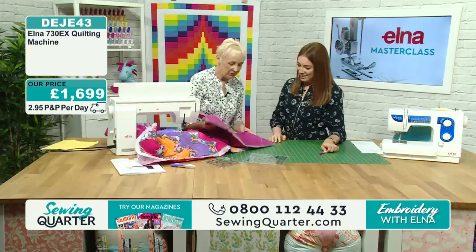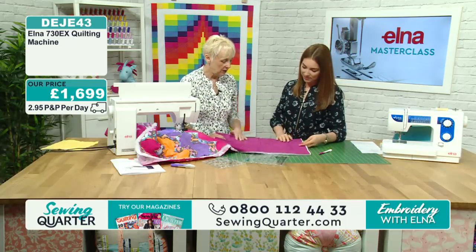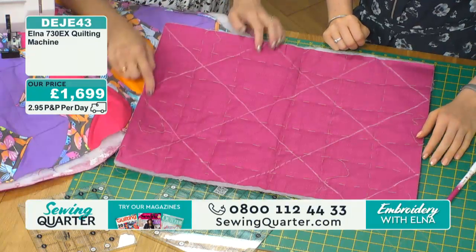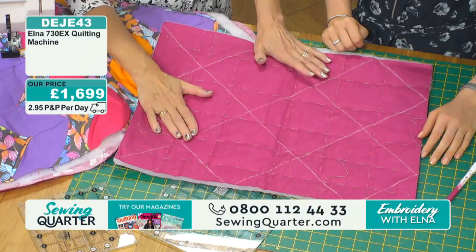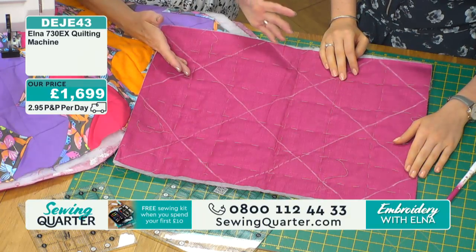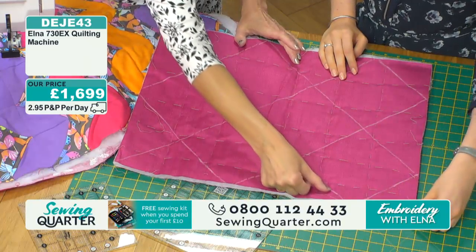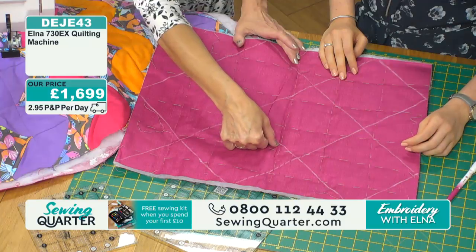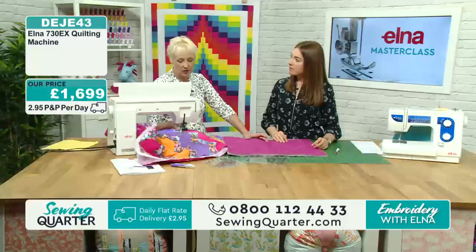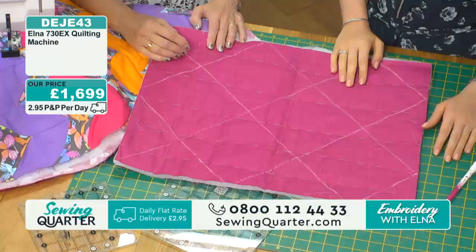Yes. So this is one that I'd basted, ready to go. And on this one, I have drawn some cross-hatching lines because it's a plain expanse of fabric. You've got no reference points to work to. So I've just used a little chalk pencil to do those. And then, because it's straight lines, you just keep that chalk line right in the centre of your quilting foot. Yeah. Don't watch the needle, just watch the front of the foot. And then that'll give you the, you know,